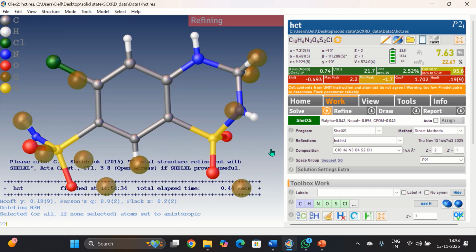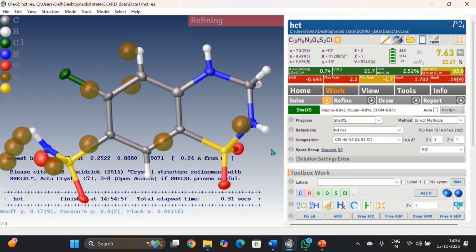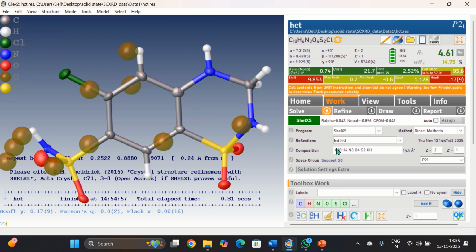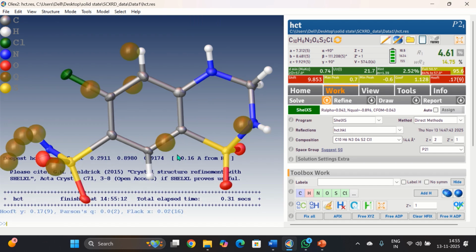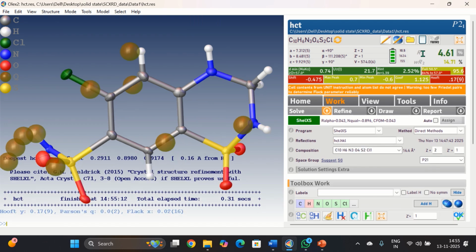Why? So as to take the vibrational motions of the atoms within the lattice into account. And refine it again. It gives us a new structure with R value